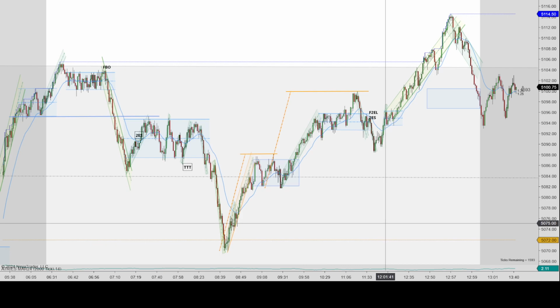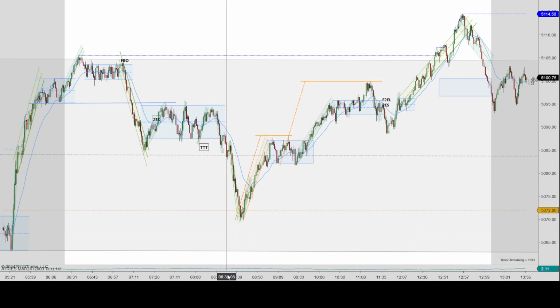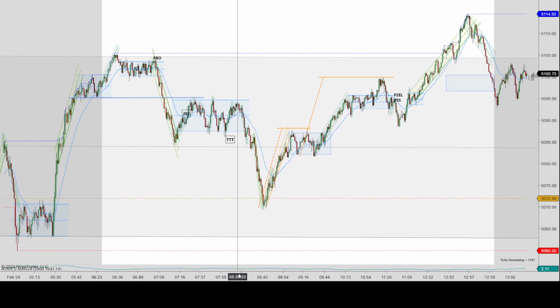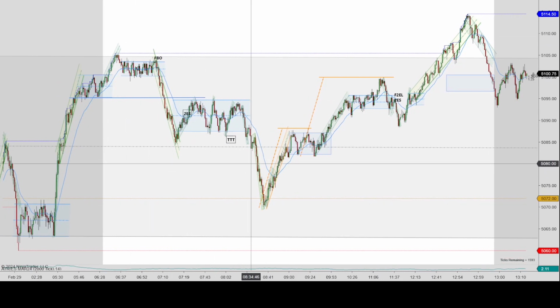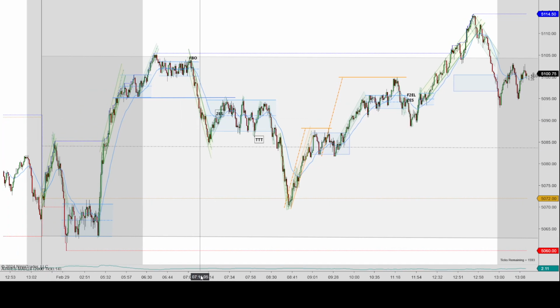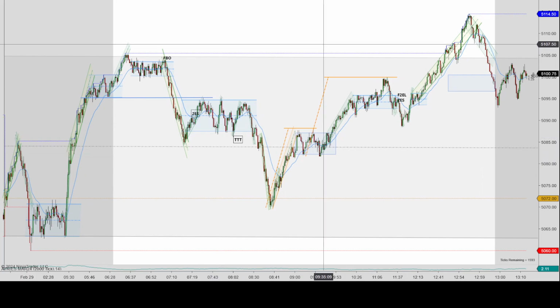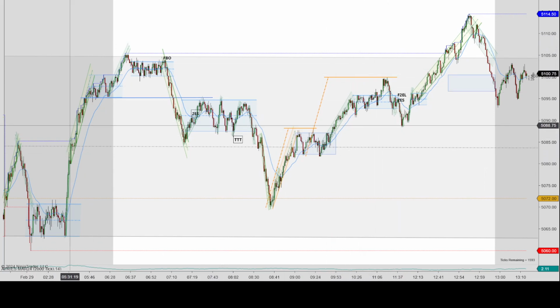Kind of an odd day, but it was a little more volatile, at least up till here, or at least doing more stuff than I noticed the last few days. But yeah, it's just been interesting trading, not the easiest. I'm not sure if I'm going to trade tomorrow, so hopefully this was helpful.